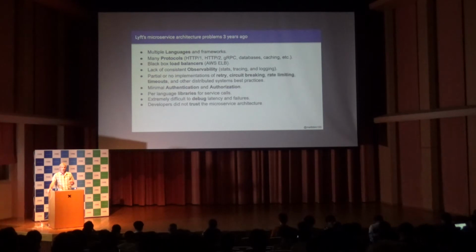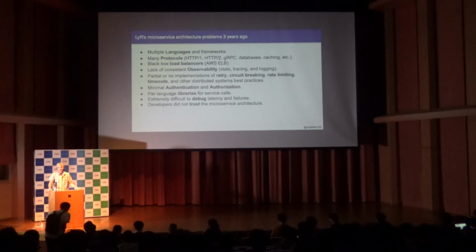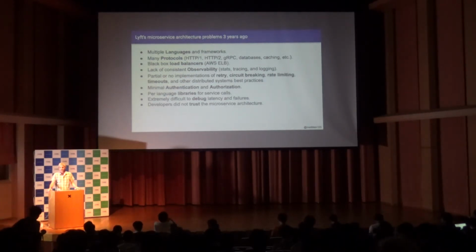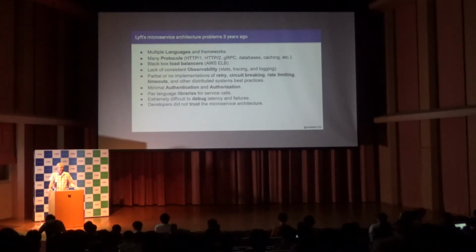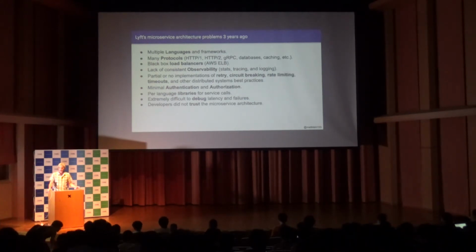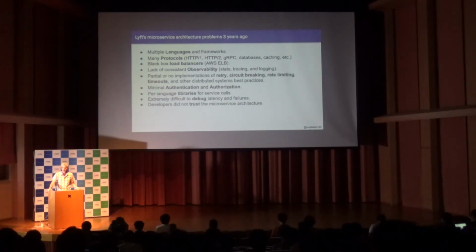And this brings us to what happened at Lyft about 3 years ago, and I've seen this at a lot of different companies, where companies will say, hey, I am reaching my scaling limits of my monolithic architecture, I would like to roll out microservices. Let's do it. They roll out some microservices, but then they start having problems. They start having networking problems, or they start having random failures or latency, and they don't know how to actually debug it. So what happened at Lyft about 3 years ago is we had our monolith, we had 30 different